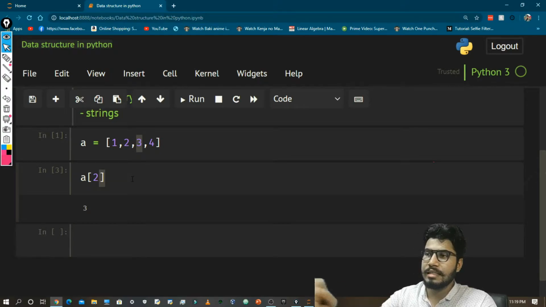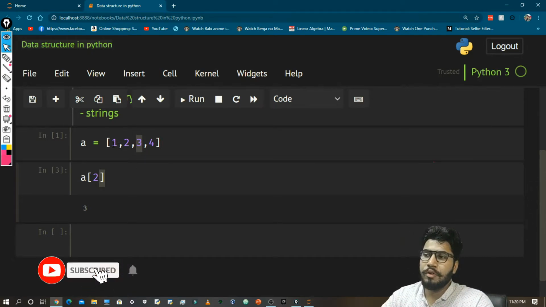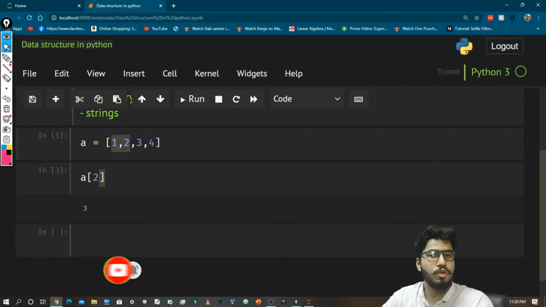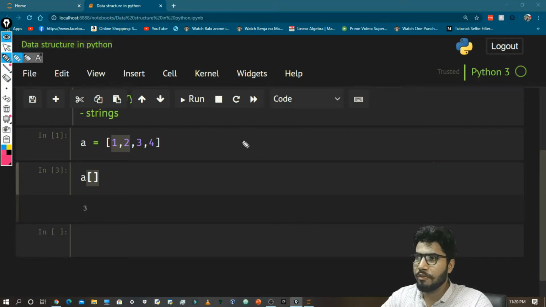Okay, the next thing would be slicing, or you can say indexing. So let's say what do you do if you want to get the first 2 numbers of this series? You might remember the range function from previous videos where we had to provide 1 comma 10. So it was the starting index and the ending index, and it was not inclusive.